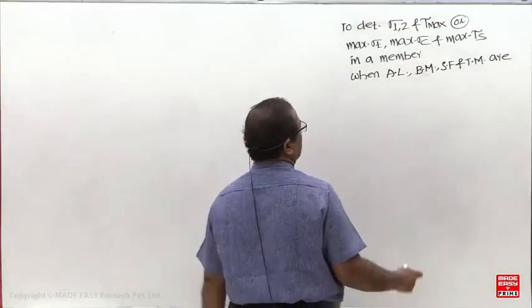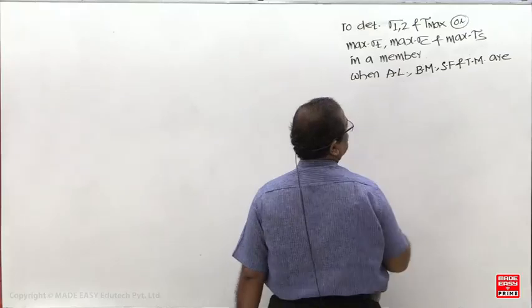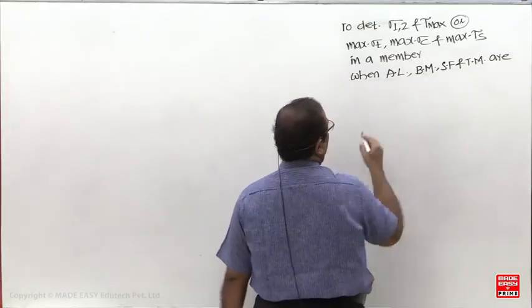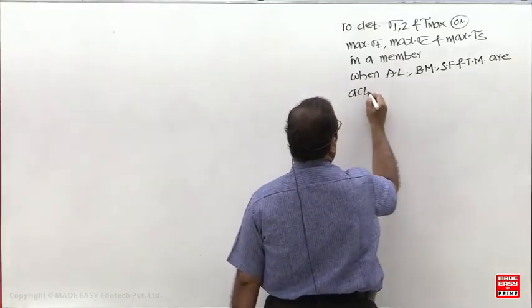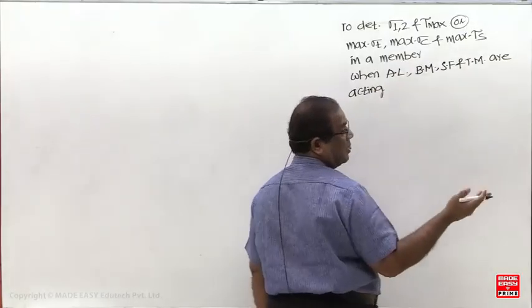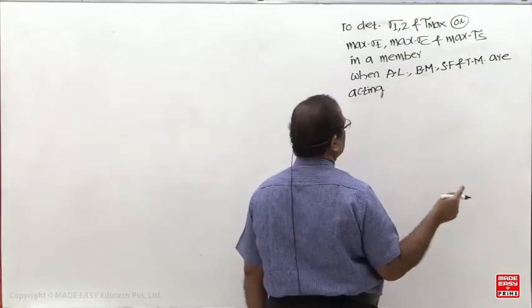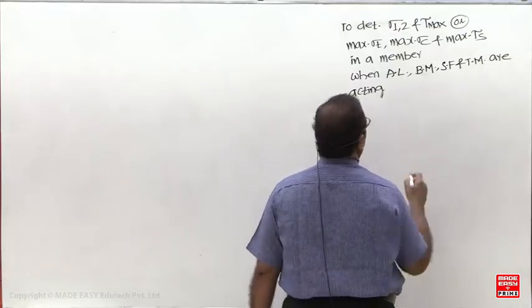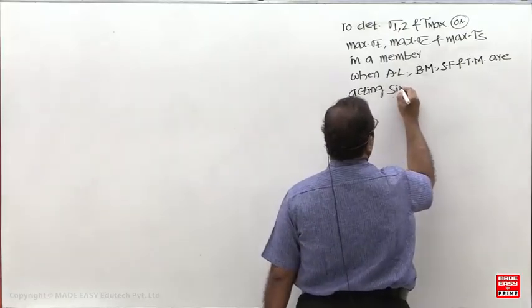If you ask in a member, when axial load, shear force and twisting are acting. But if you ask at a point, what happens? Sometimes bending stress is 0, torsional is 0. But if you ask in a member, simultaneously,